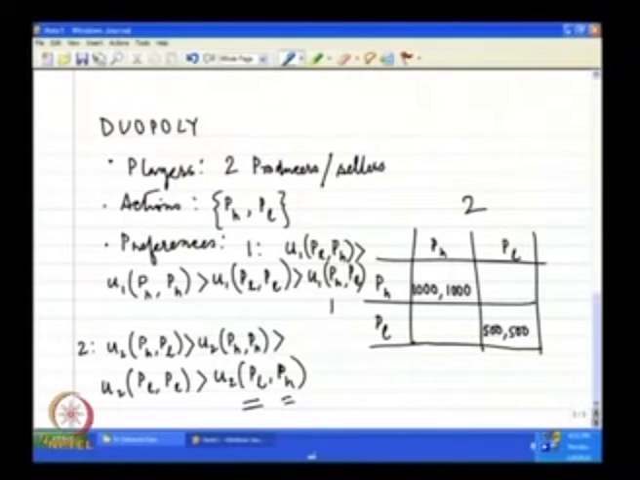If player 1 charges a high price, he will make losses. So, suppose that this is 200 rupees, which is a loss, so I have a negative sign here, whereas the other player is making higher profits. So, it is 1200 rupees, and similarly 1200 and minus 200. So, this is how it looks in the case of duopoly,